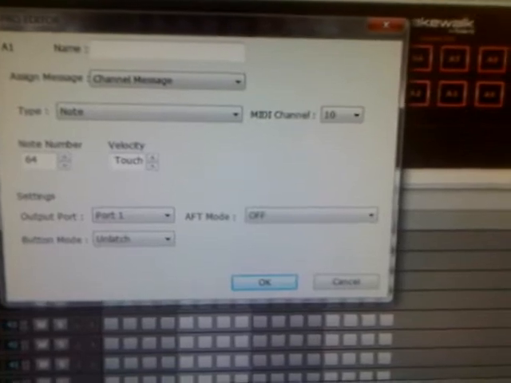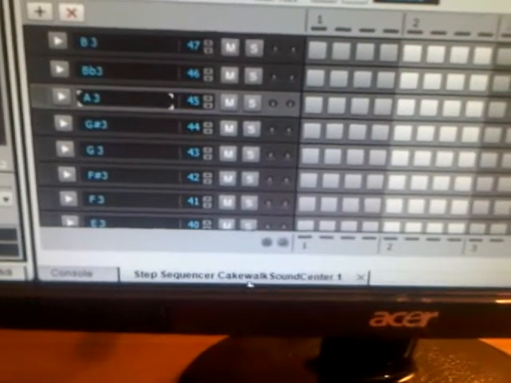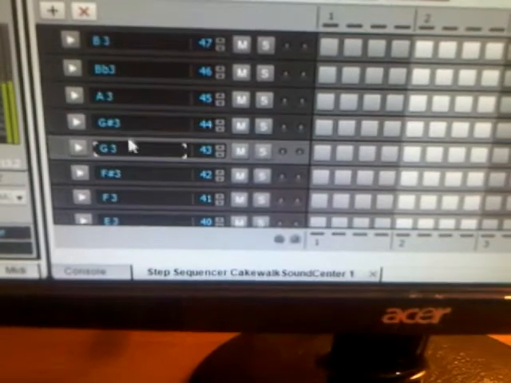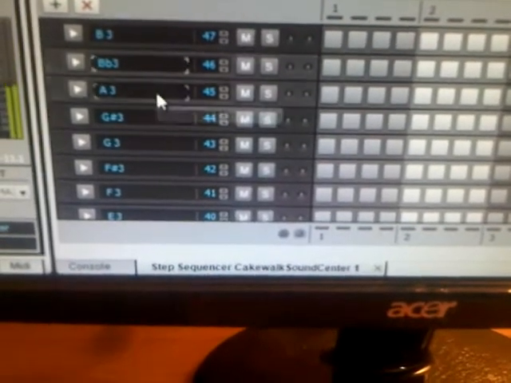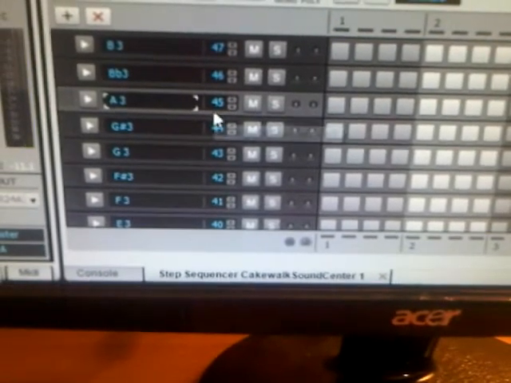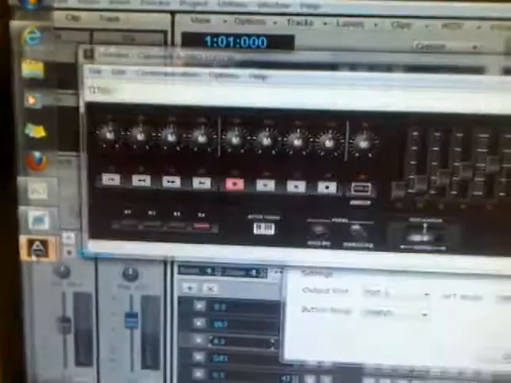So what we want to do is go to the step sequencer, which we have set up, as you can see here, for the Cakewalk Sound Center 1. And we're going to have a bunch of drum sounds in there. So we're just going to pick one of those. Let's say we like that sound. No, sound number 45. So that answers our question as to what sound we want and the number that it is. Let's go back up here to the editor